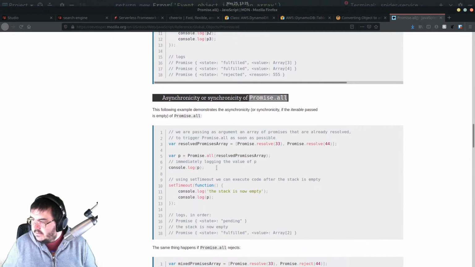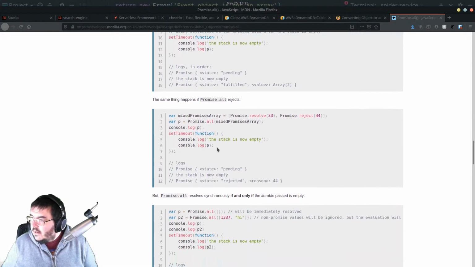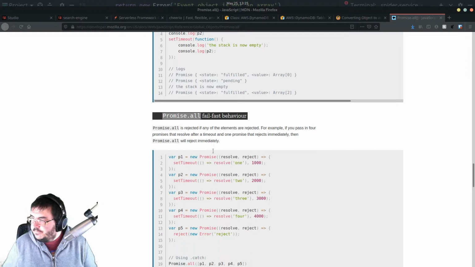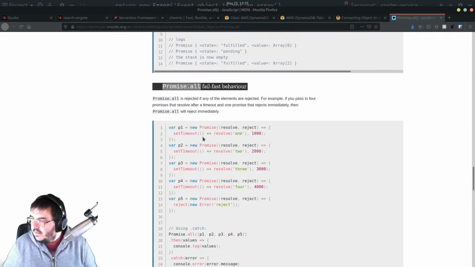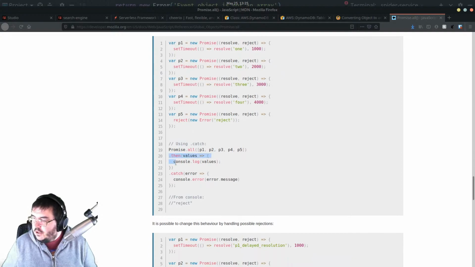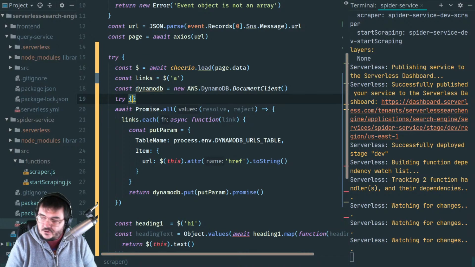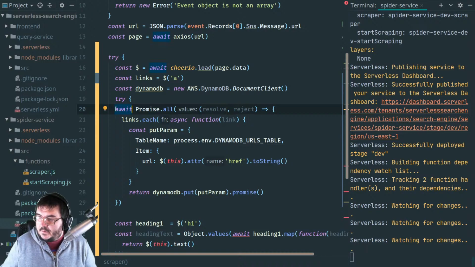Just trying to find the syntax again. It's here somewhere. Yeah, so there's fail fast behavior, as it's saying. You can actually dot then on a promise, but because I'm awaiting a promise, I don't need to do that. But what I can do is a try catch block on my promise.all,